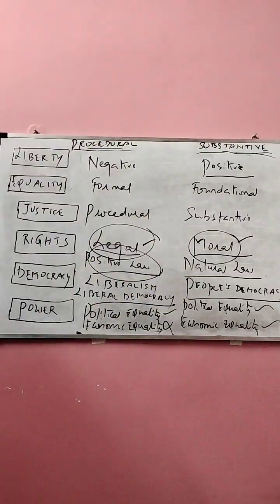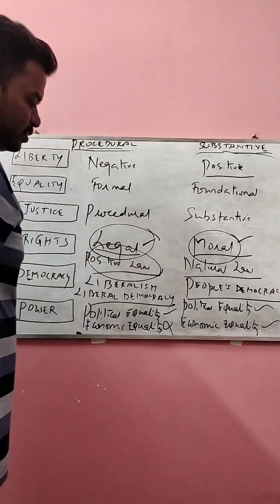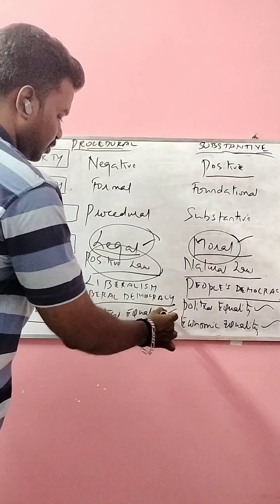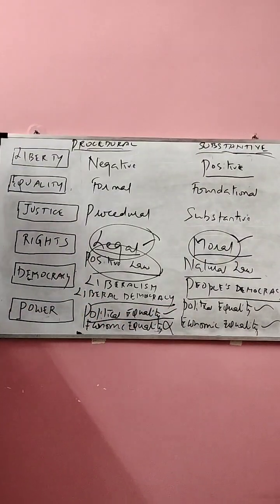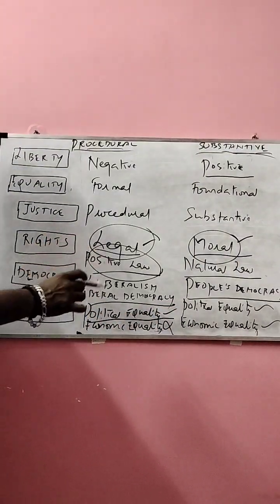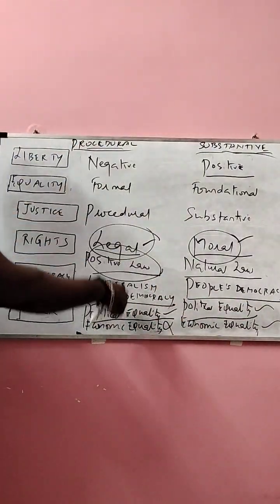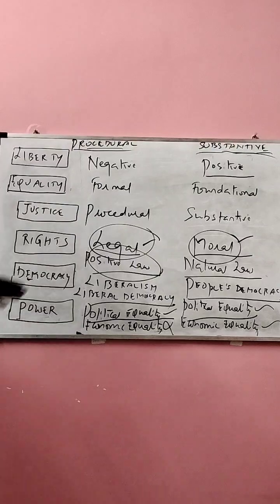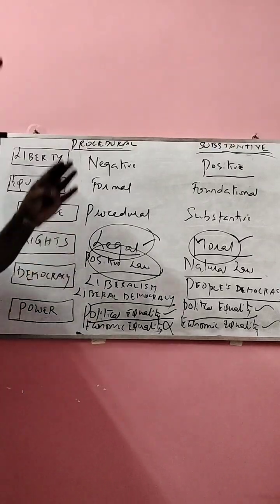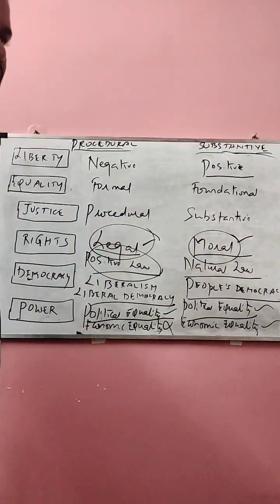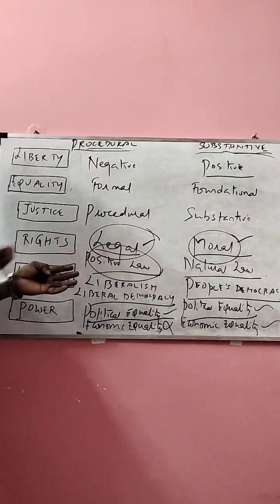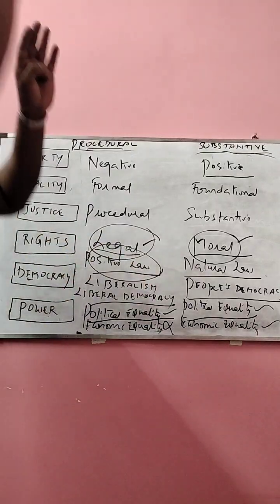Liberal democracy will tell that the poor man is given equality. Why? They are happy if there is political equality. But the socialist will say that it is not real equality. According to procedural democracy, institutional liberal democracy, the poor man is still equal. He may not have money, he may not have food, but they will argue that he is equal to the